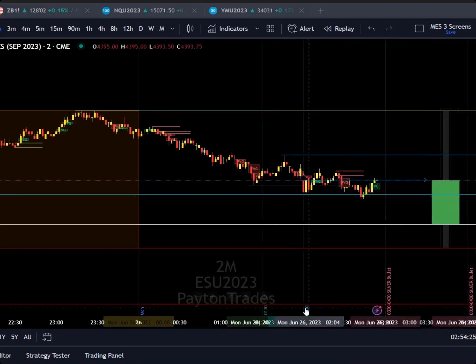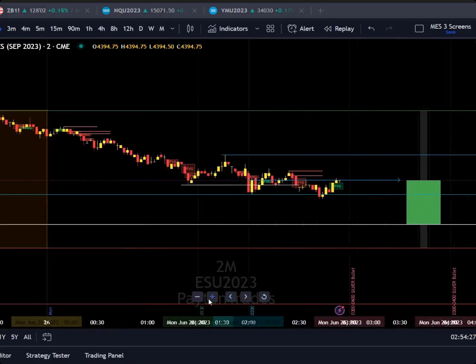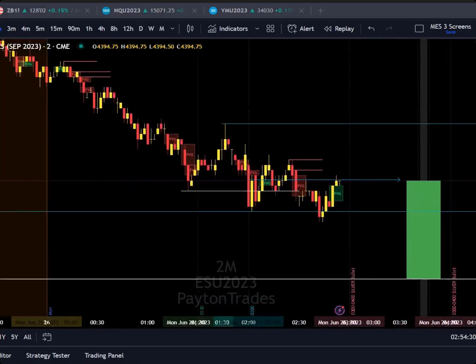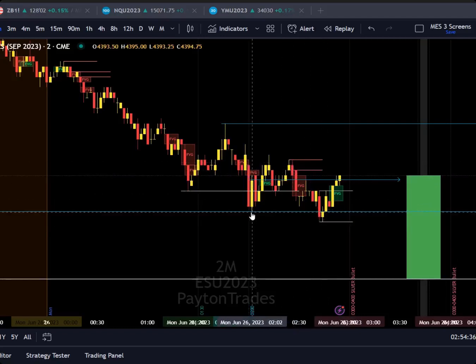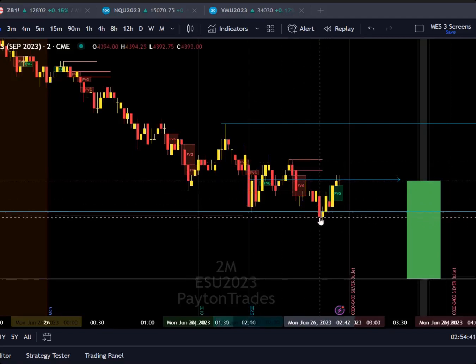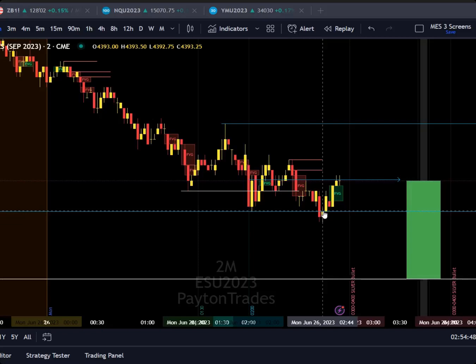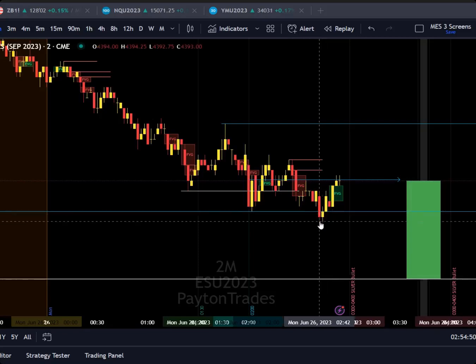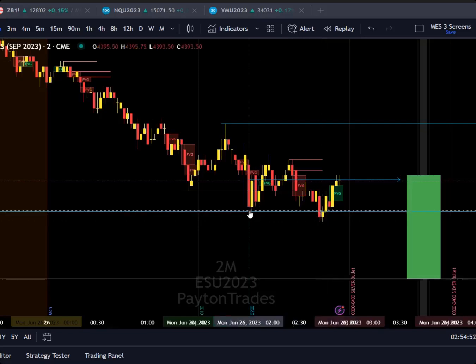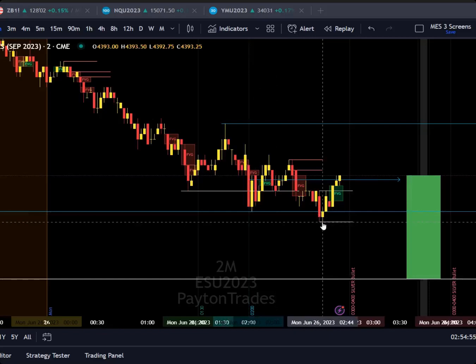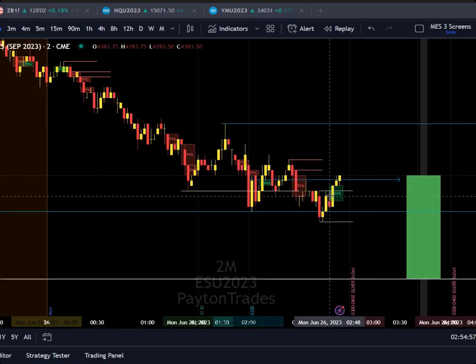So let's watch this. Let me open this so you can see. This is good. Let's see how it is. Price came down, broke this low right here to the left at 202. So it swept that liquidity, broke that low, did not go higher. It came back up and closed higher than the low it created when it broke this low, which indicates higher prices. And it continued going higher,